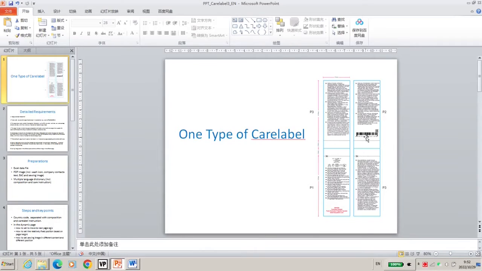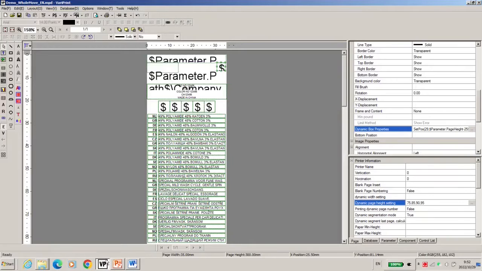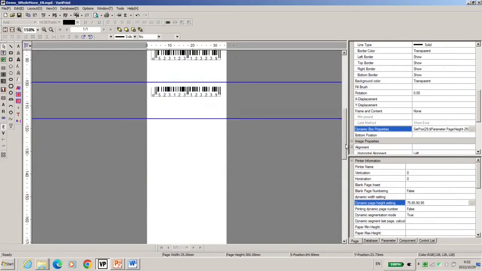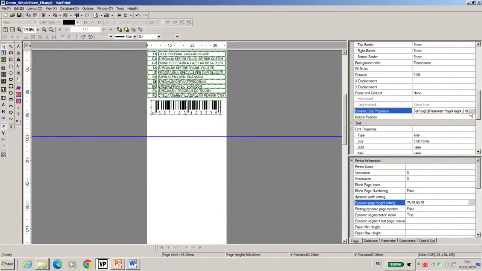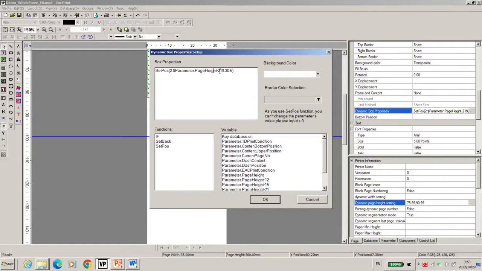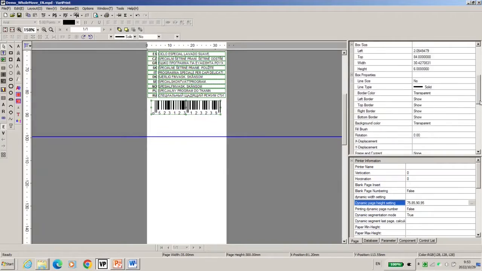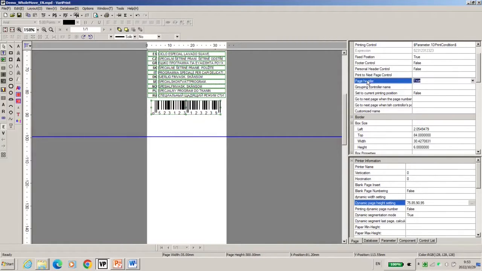The same idea we can apply to the debug box. Debug with Dropbox here, same idea. First we use dynamic. It's minus 21. It's a little bit lower now. And the second is we set the page header true. That means every page has the opportunity to show this debug box.